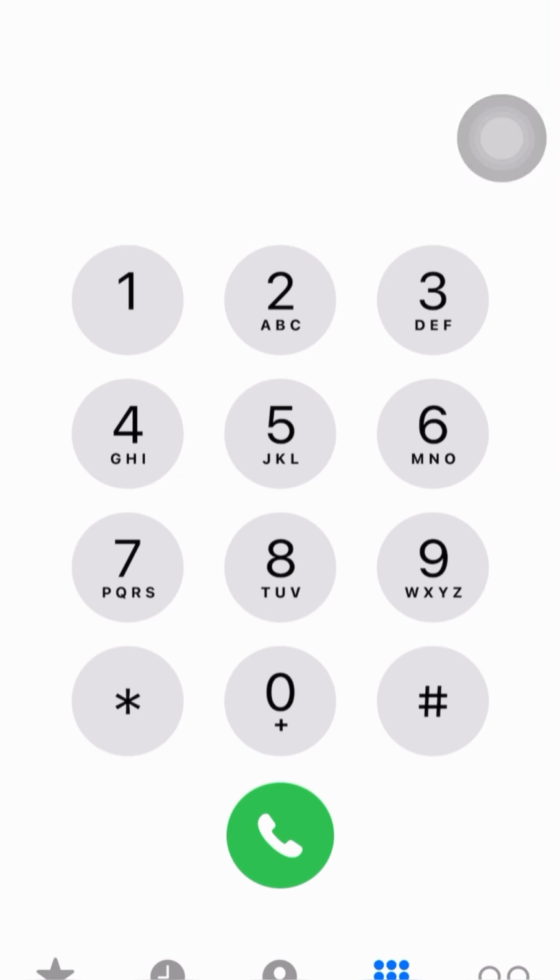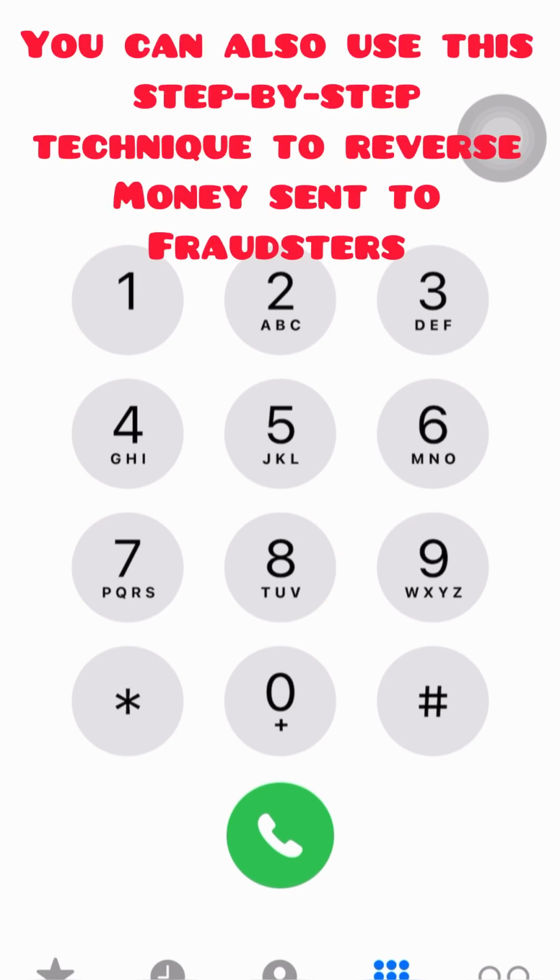Okay, so in this video we'll be looking at the quickest way you can reverse a wrongfully transferred mobile money, specifically MTN. Most of the time we mistakenly enter the wrong numbers. The problem is you might input the wrong number, but one specific digit might send the money to a different user, just by making a silly mistake. So we are going to look at a simple approach as to how to